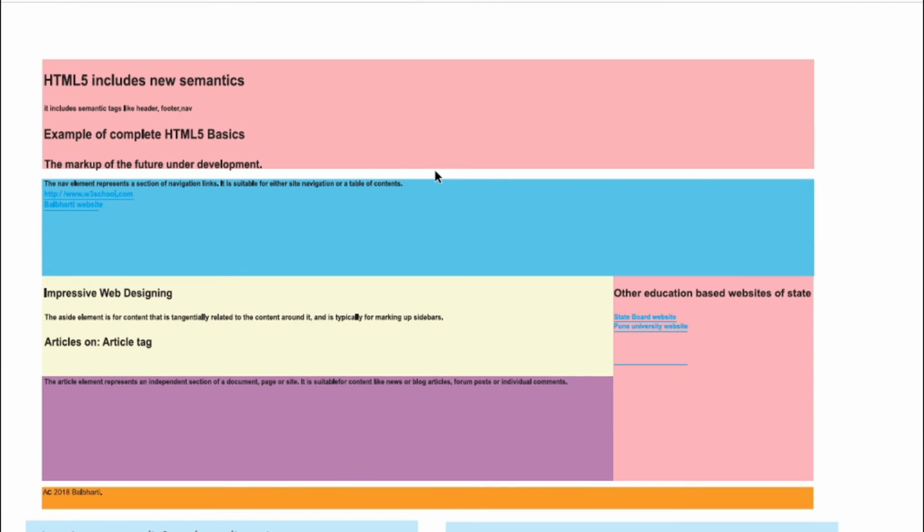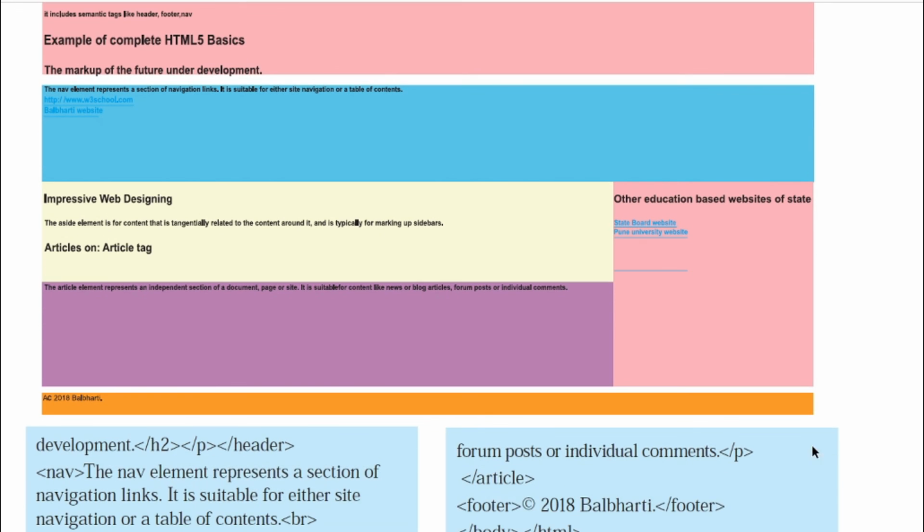A very easy one. The whole concept about semantics is to understand how exactly an HTML web page, or HTML5 basics, is about including new semantics, that is a header section. You can see this first section, the pink one here. It includes semantic tags like header, footer, and nav. At the bottom, usually on every website, the footer section includes the copyright, or the social media platforms which the web page is connected to. So this is the orange one, or we can say the footer section.